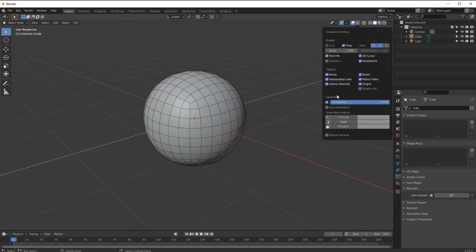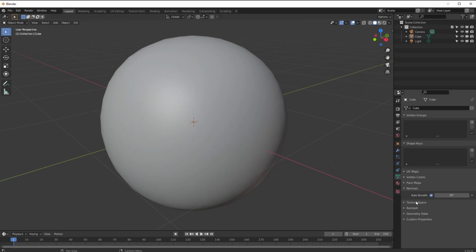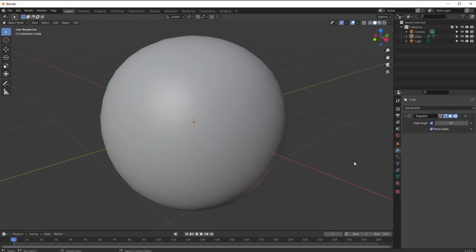What I'm going to do right now is turn off wireframe, because I'm going to show you what edge split actually does. So it splits edges. It does sound ridiculous when I say it like that. Go to the modifier stack, go to generate, come down here. We've done all of these, we've done some of the ones down here, and we're going to do edge split. Now, it doesn't look like it's done a thing, and the reason for that is because edge split just splits edges. So what it essentially does is it takes an object which is sealed, like this is, there are no holes in it, there are no gaps in it,